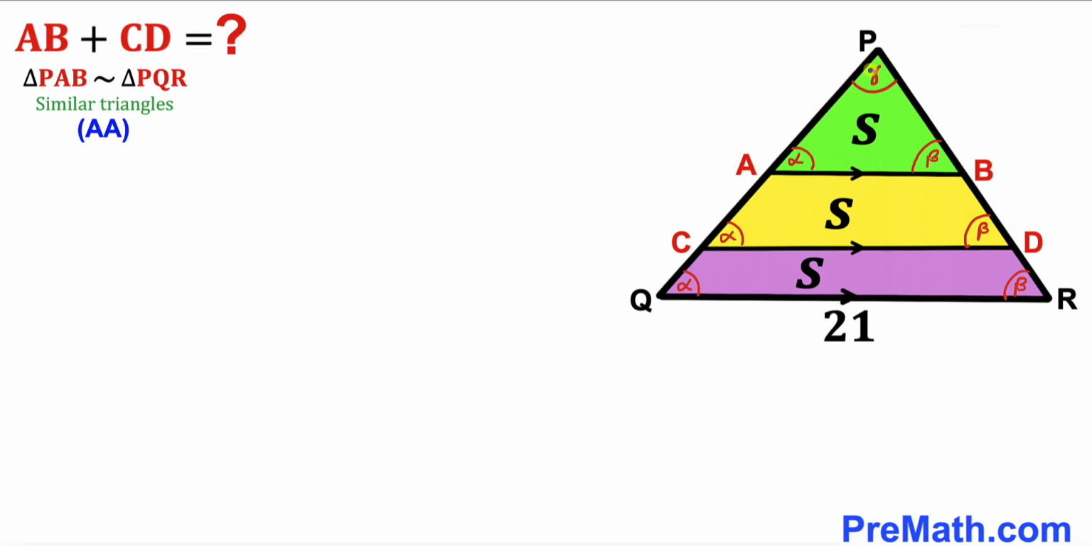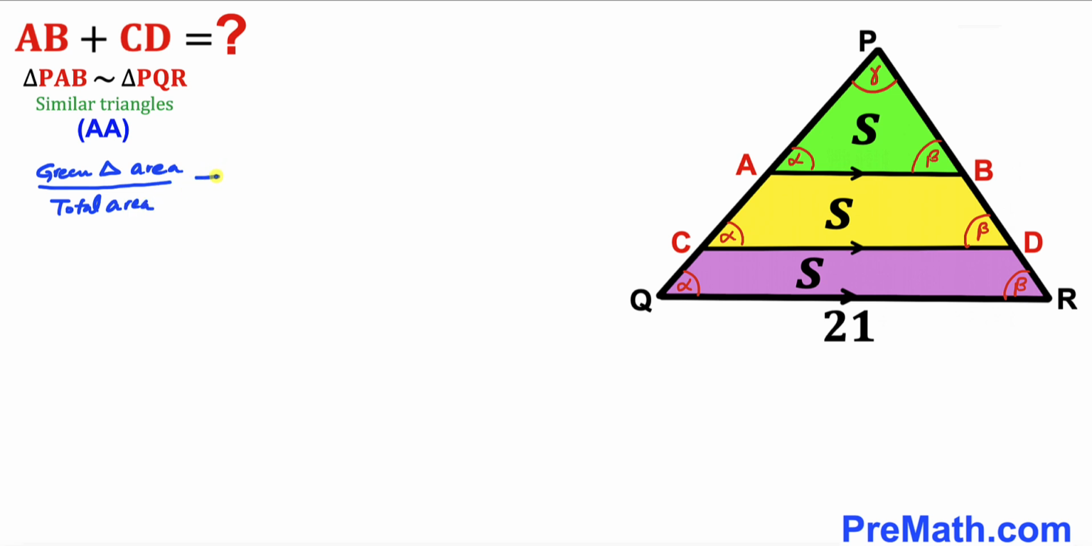And here's our next step. Let's focus on this green triangle PAB and this big triangle PQR. Then we can see these two triangles, PAB and PQR, are similar triangles according to the angle-angle similarity theorem. Then we are going to have a proportion. In other words, the ratio of this green triangle area and the total area of all these shaded regions